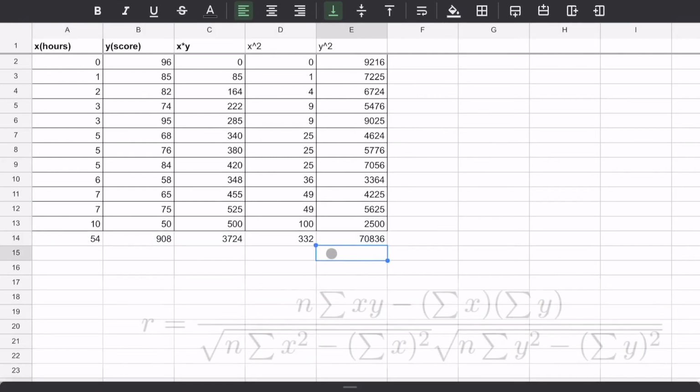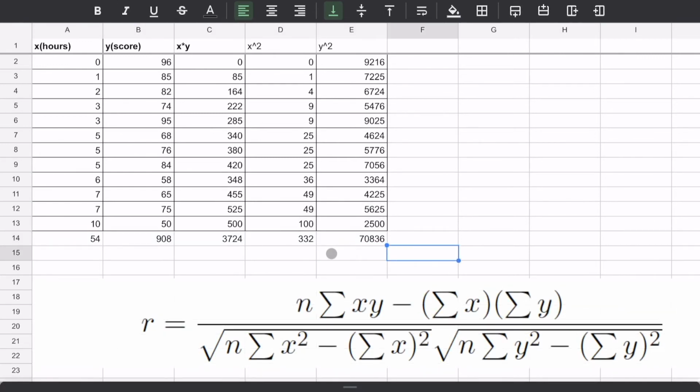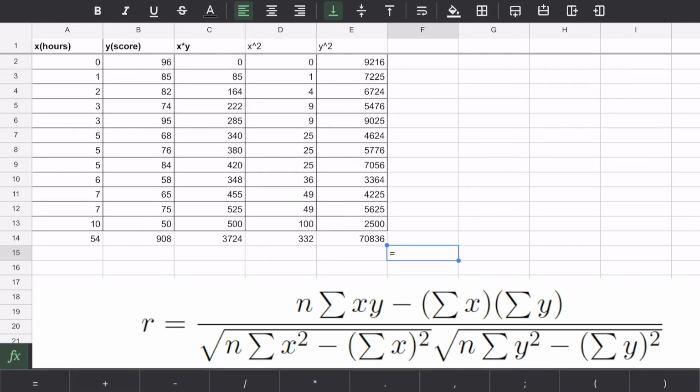Okay, so I've got all of the sums. And if you remember, I need to now do the correlation coefficient calculation. It is equal to the fraction, right? So I'm going to write down the brackets for the numerator. It is n, which is 12, the data for the 12 students, times the sum of the xy, minus the sum of the x multiplied by the sum of the y. This was the numerator. I'm going to close this, and this is divided by, in the denominator, I've got the